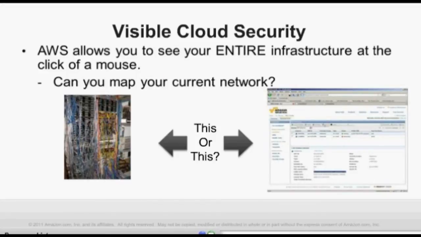So in our environment, we actually have a very easy way that you can know everything that is in your infrastructure. You can get an authoritative list whenever you want, on demand, every few minutes, even every minute if you want. And that can be done via an API call or via the management console. What gets interesting about that is you can literally create a script or turn to third-party tools that will capture the exact infrastructure you have running, all the servers, all the databases, all the EMR clusters. And you know exactly what's running, how long they've been running, who launched them, and their exact configurations. So you know the security configurations, what the firewall settings are,